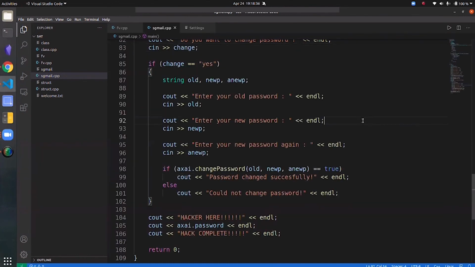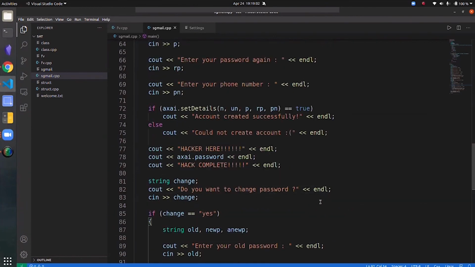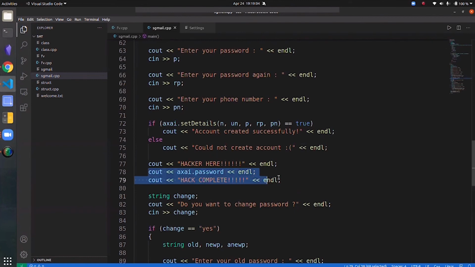So try to imagine the situation, right? Somehow a hacker gains access to your Gmail account or your Facebook account, and you realize that there's someone who has access to this account other than you. So desperately you go and try to change your password, but then you find that the hacker was also able to access your new password. So changing your password here is a complete waste of time, right? Because no matter what you do, he's able to access your password simply by printing out this message.